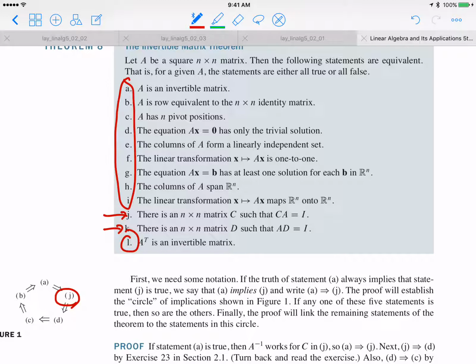And then what we want to do is to start from one item among here and then jump into J, and then we want to come back to one of the items in our list. Okay, so that's our strategy. So in that case, let's start with an A. So if A was an invertible matrix,